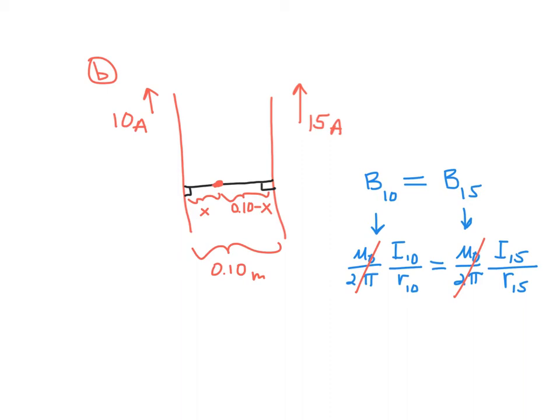So if you plug in here the given values, I sub 10, that's the 10 amp current. So plugging in, I'll stick with blue. Now this 10 represents 10 amps divided by how far am I from the 10 amp wire? I'm a distance of x. I've labeled that in my diagram. Equals the current in the 15 amp wire, which is 15 amps, divided by how far am I from the 15 amp wire? I'm 0.10 minus x. Bottom line is now, all you gotta do is cross multiply to figure out what x is,